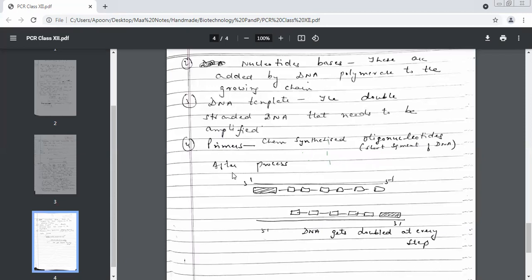Have we got two double-stranded DNAs? See this? This is one DNA. This is the first strand, the old one, and this new one will become the second strand. So one DNA has been made, beta. Double-stranded, one old strand and one new strand. Similarly, this is the second DNA. Again, double-stranded. One old strand is there, one new strand is there. So what is happening is your DNA is getting doubled at every step. Isn't it getting doubled?